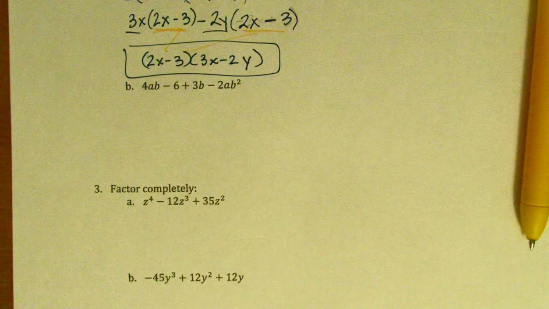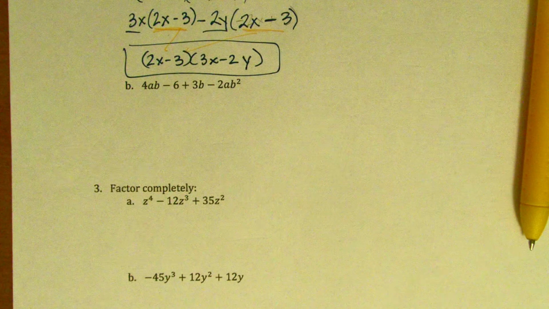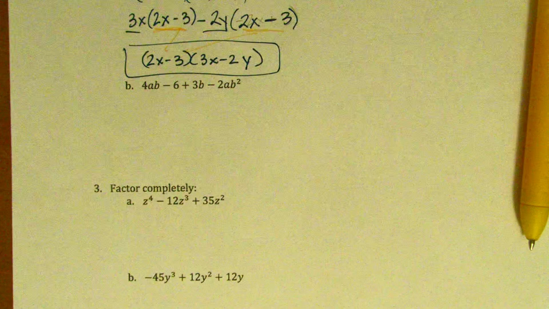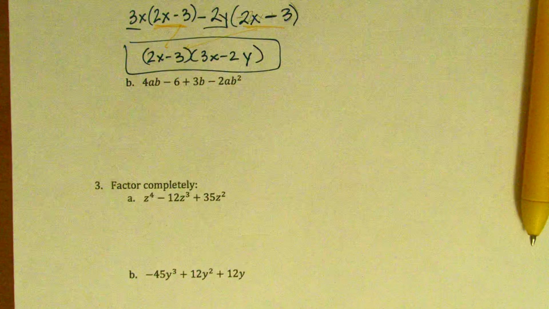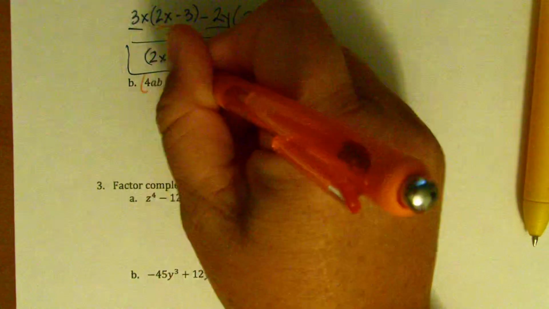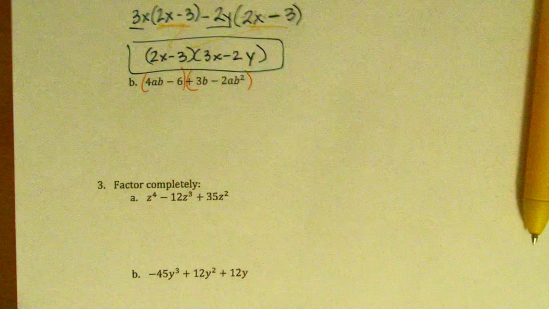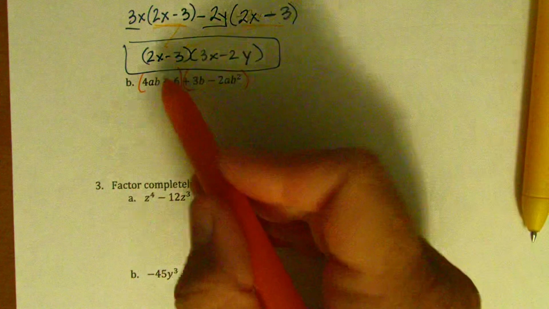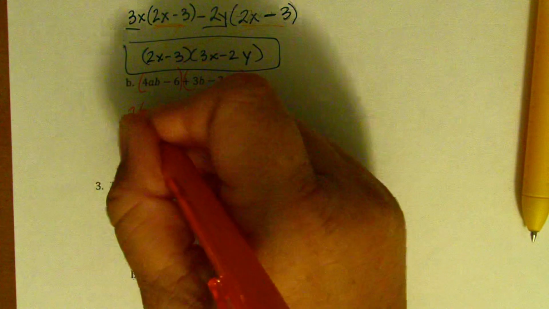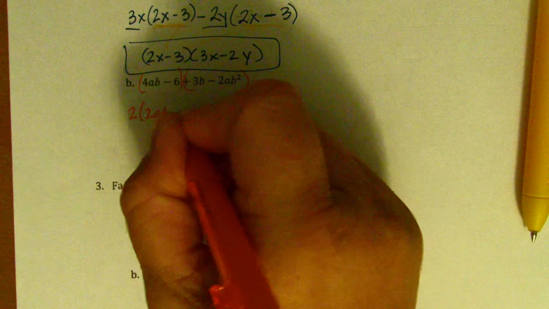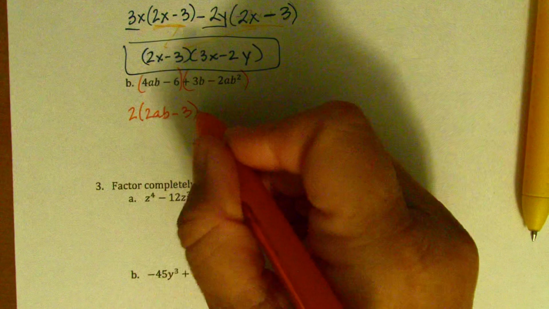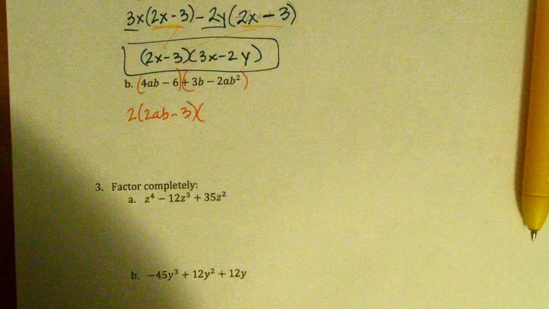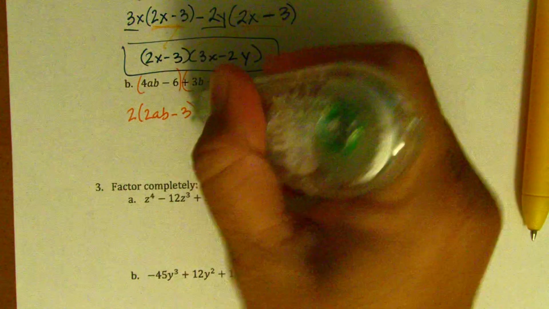Let's do another one. Again, we want to look for a GCF, but among all 4 terms, there's no variable or no numerical part that's a common factor. So I can go straight into factoring by grouping. In the first group here, 4ab minus 6, we have a common factor of just 2, and I'm left with 2ab minus 3. And in this next group, 3b minus 2ab squared, all I have is a common factor